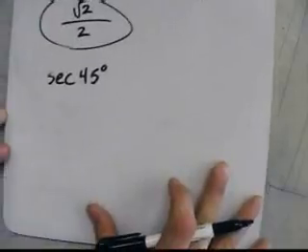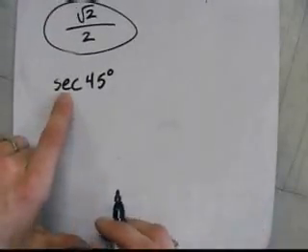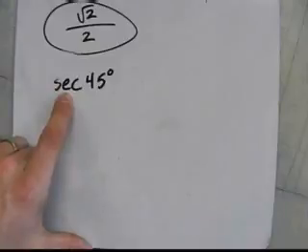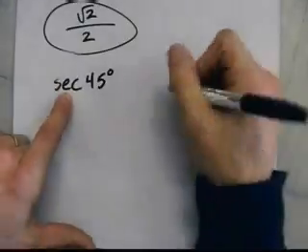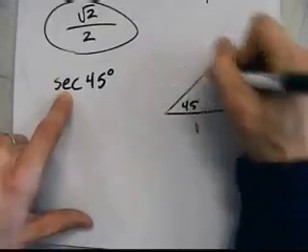Okay, let's go ahead and find the secant of 45 now. For the secant of 45, we have to figure out which trig function it goes with, and then flip it over. It's the reciprocal of it, okay? So if I once again build that exact same triangle, 45, 1, 1, square root of 2,